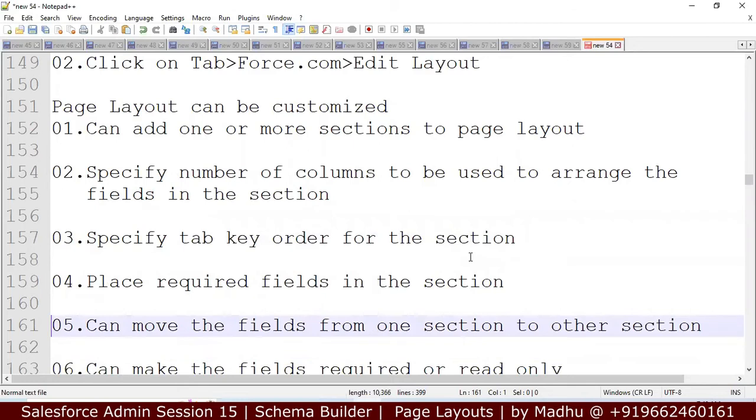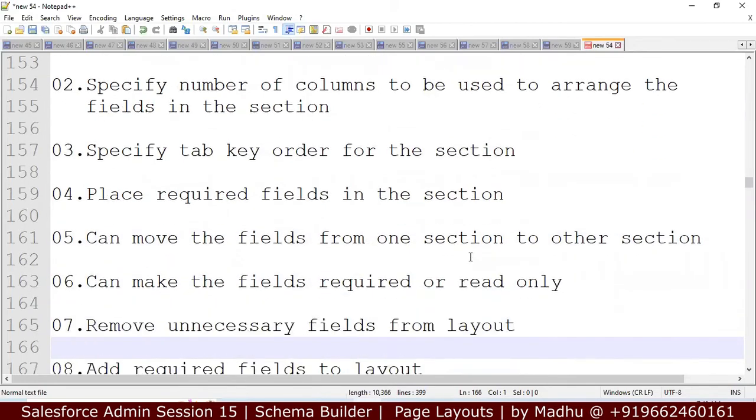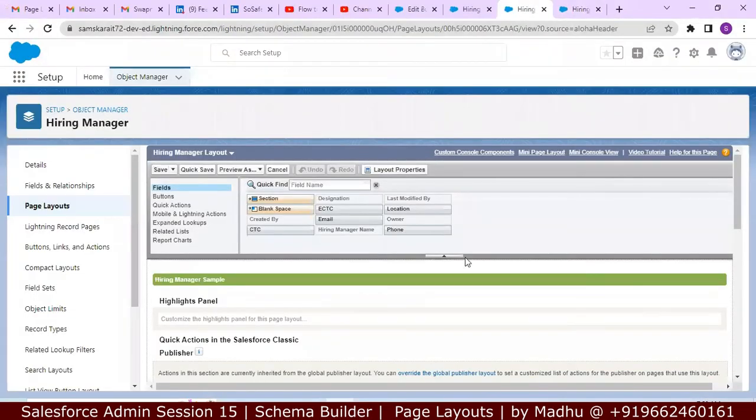We can move fields from one section to another section. We can make the fields required or read only. How can we do that? In the page layout,